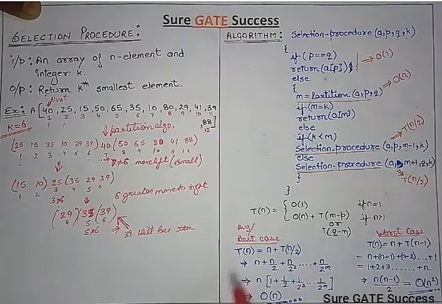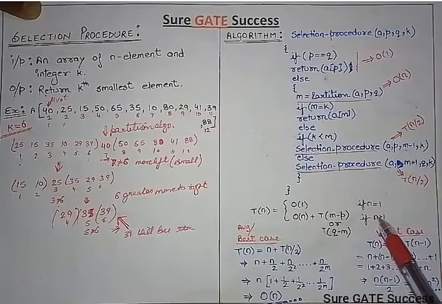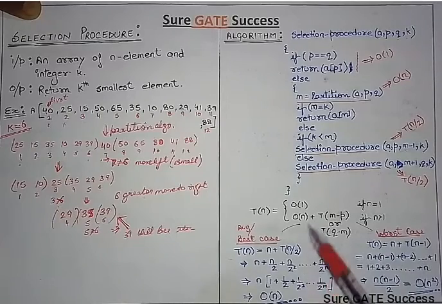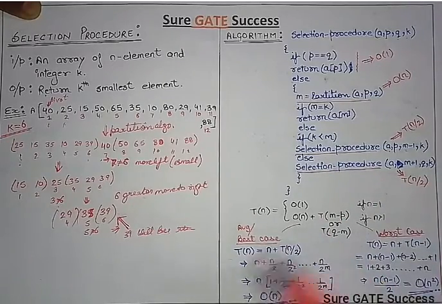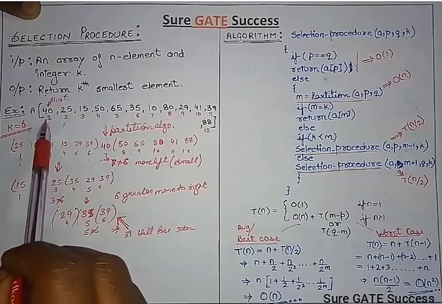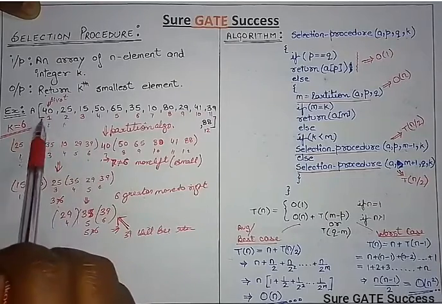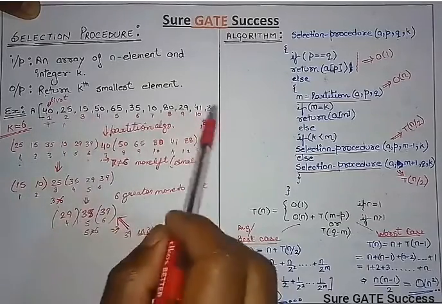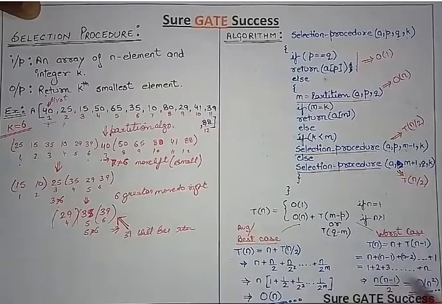So this is the best case, but this is the generalized case because we have to consider both the best and the worst. For the best case, we divide the array into exactly two parts. In that case it is the average case. But if we are moving one by one, that means if it is already sorted and we have taken 40 as the smallest element, then 40 will be at the same position, and we have to apply it to the rest again and again. So if we go one by one, it leads to a sequence, and this sequence can be solved using this formula. Then the time complexity will be order of n squared.